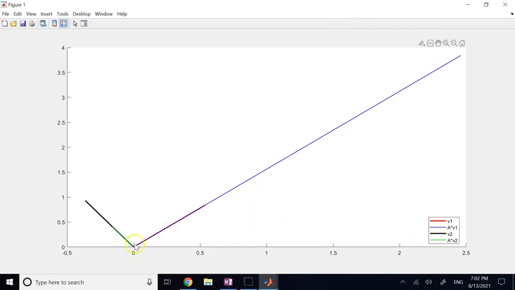The red one is V1 in thicker line. The blue one, which is 4.5 times bigger, is AV1. V2 is what? The one in black, and AV2, which is in green, is less than V2 in magnitude,